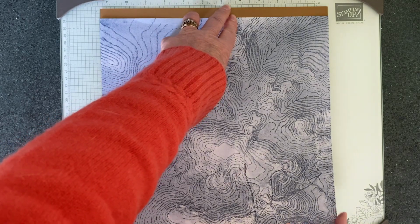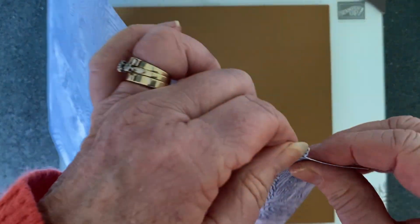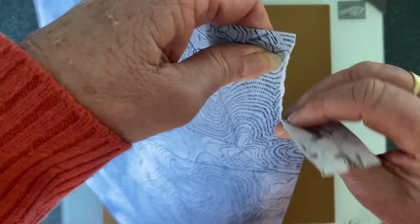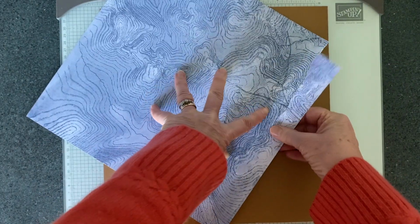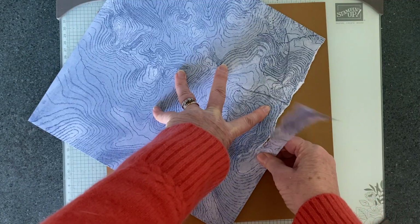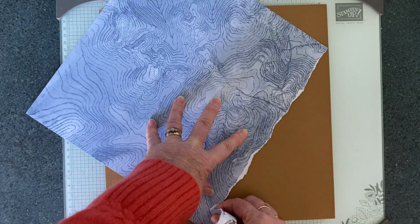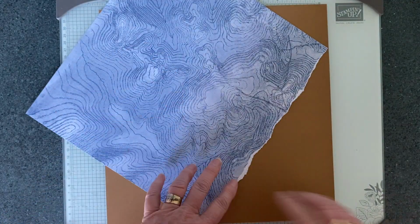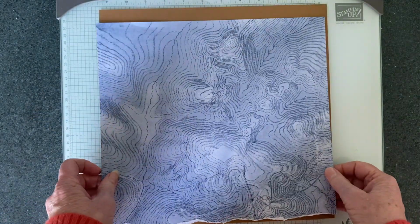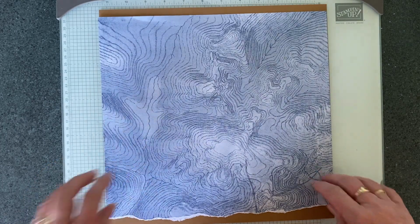So let's get started. So we've got about 1/2 inch up the top there, and I want about the same down here. So I'm going to just tear randomly the bottom piece of this paper. This is actually from the Adventurous Skies pack. And I quite like the way that you get the white core. I'll keep that because that might be useful in something else. But you get the white core showing through. I'll just make sure that's enough. I think it will be. Okay, and then